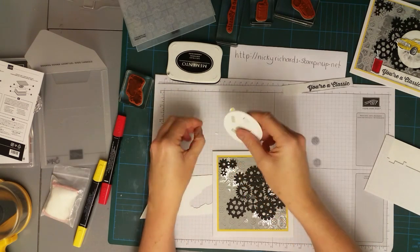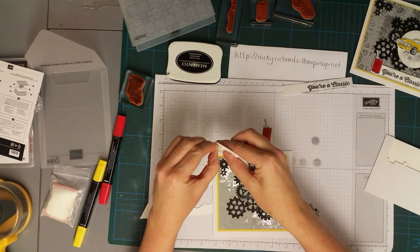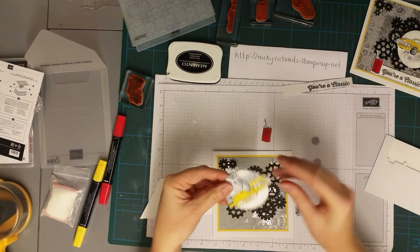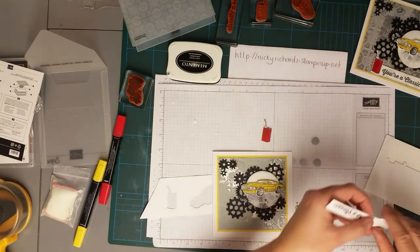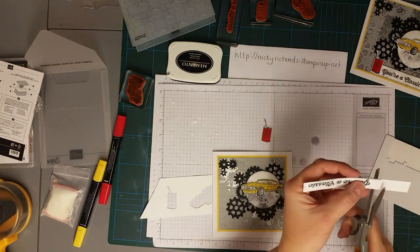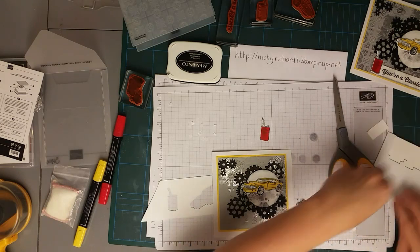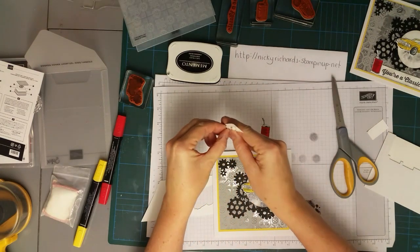There we go. This was a quicker way to remove all these little backs off the sticky pads. There's that on there. I'm just going to carefully trim this now with my scissors. Put a few pieces on there. And then